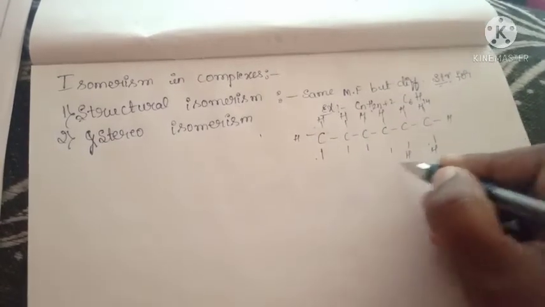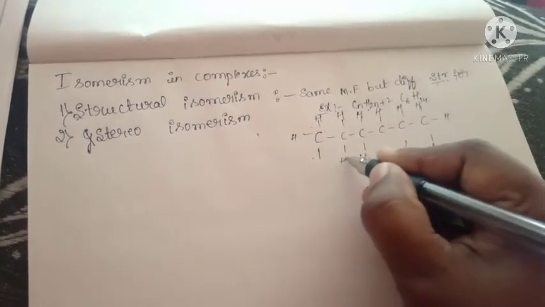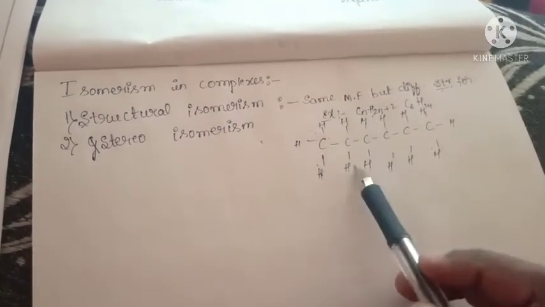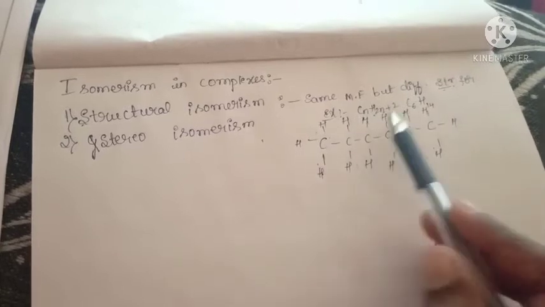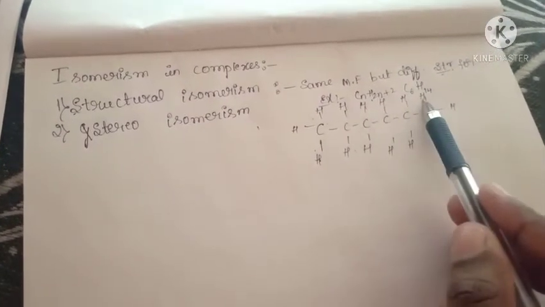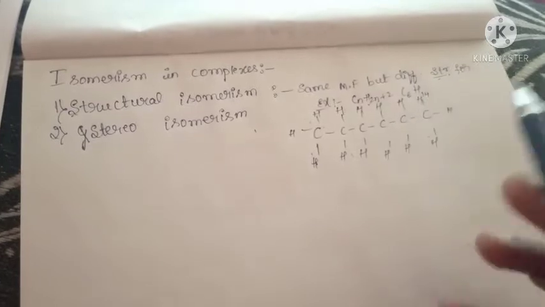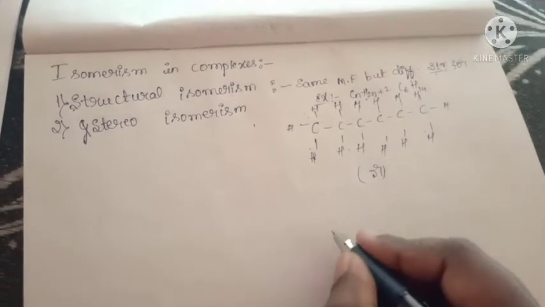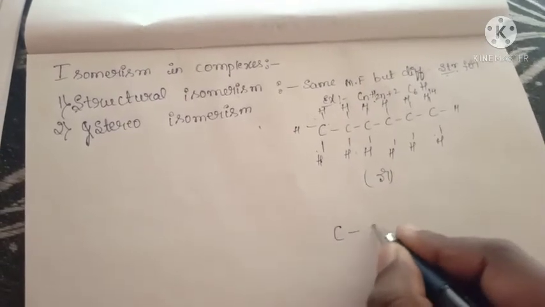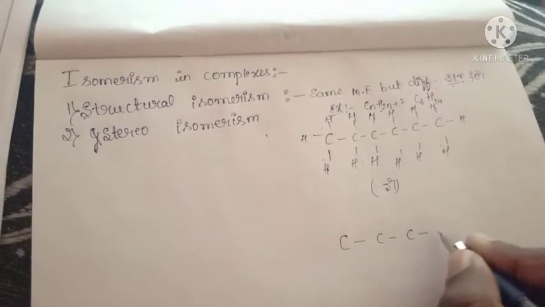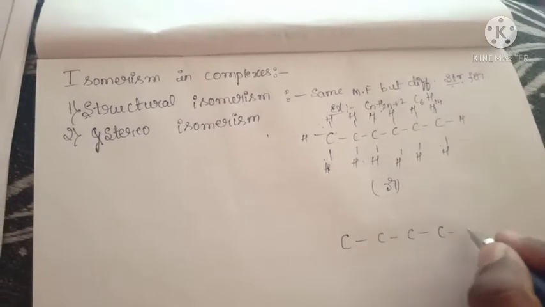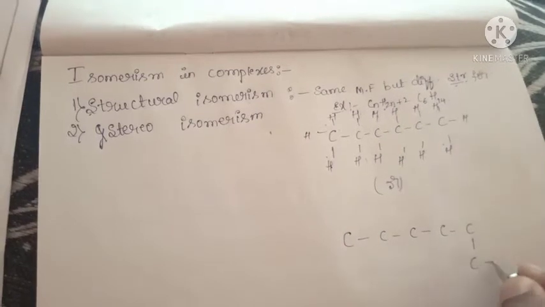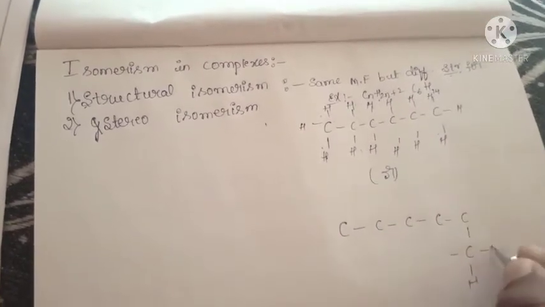H H H H H H H. Get it? You can count it: 1, 2, 3, 4, 5, 6, 7, 8, 9, 10, 11, 12, 13, 14. There are 14 hydrogen atoms. Or this structure we can also write like this: 1, 2, 3, 4, 5. Okay, here we can write like this also: